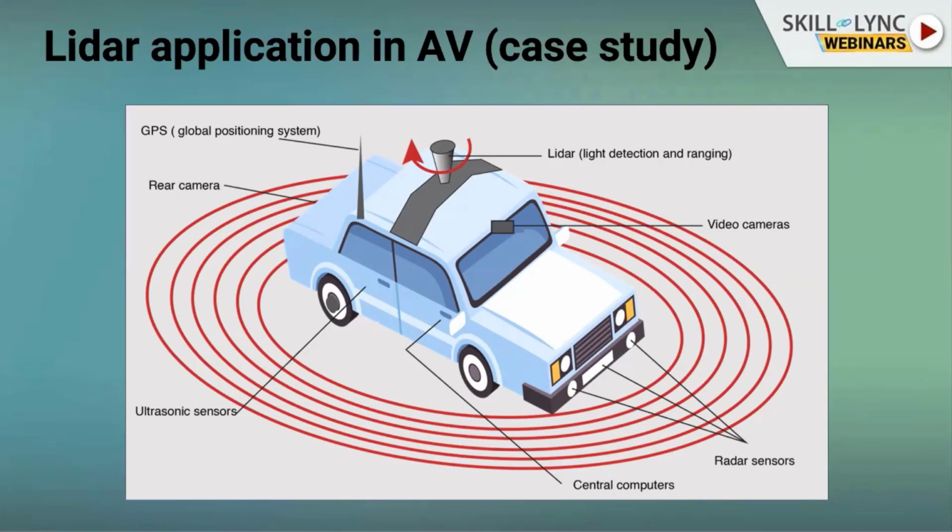LiDAR is the sensor giving the depth information, but radar also gives depth information. So why are we not using radar rather than lidar? Because radar is cheaper and very commonly available, and lidar compared to radar is costlier and very tough to handle. Because both give depth information, I already explained a little about the difference, but I will tell it again.